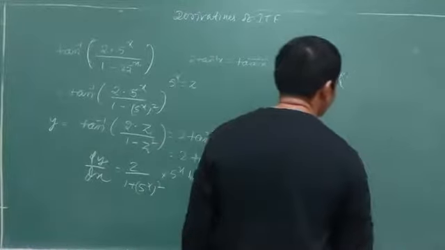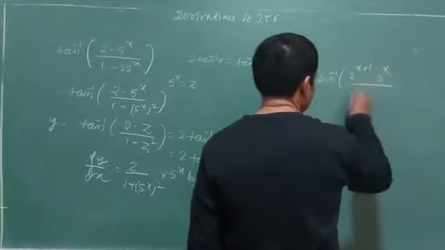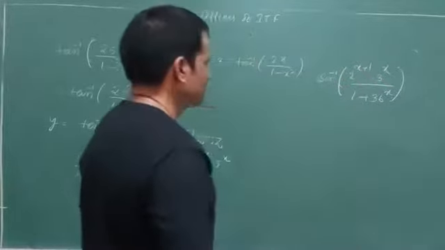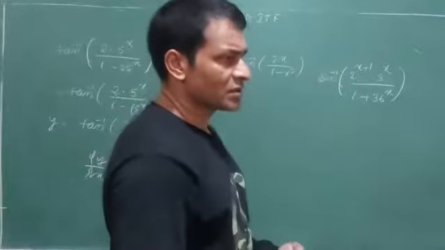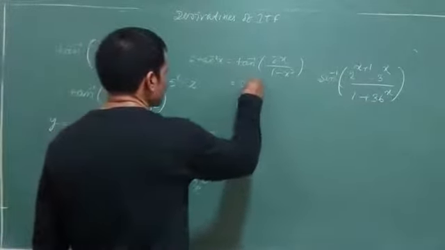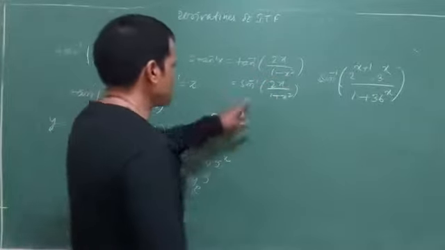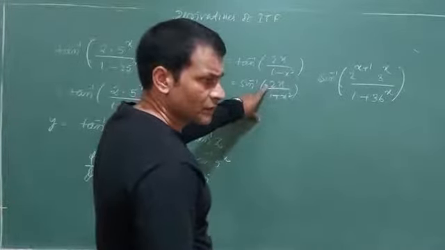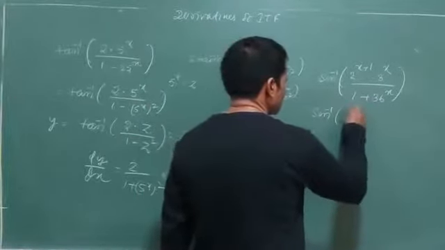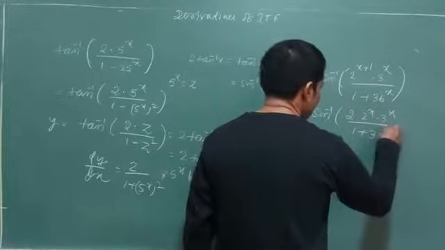So if I get another question: sin inverse of 2 to the power x plus 1 into 3 to the power x by 1 plus 36 to the power x. Sin inverse, any formula which in the numerator and denominator is in the form of tan only. That means this is equal to sin inverse 2x by 1 plus x square. For 2x, I need to be free from other values, the 2 coefficient. So I write this as sin inverse of 2 into 2 to the power x into 3 to the power x by 1 plus 36 to the power x.